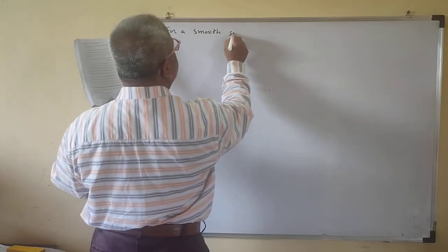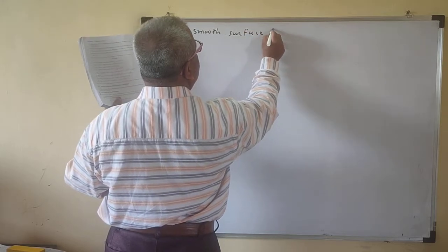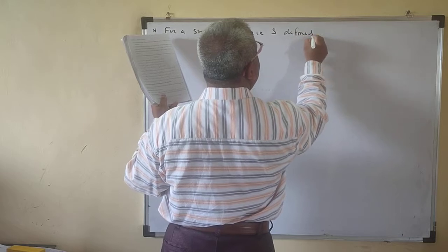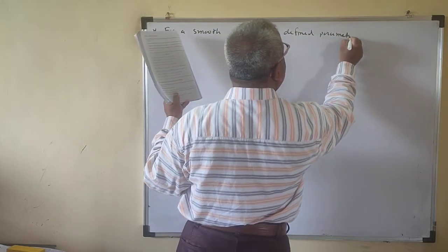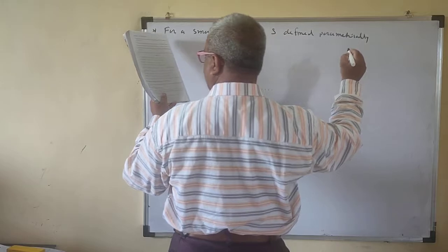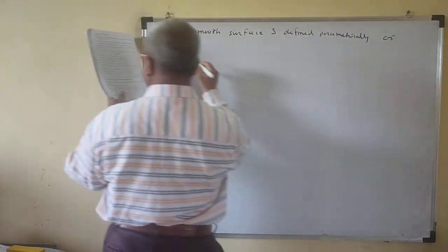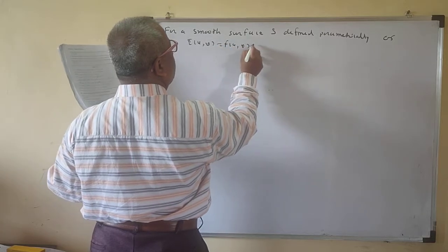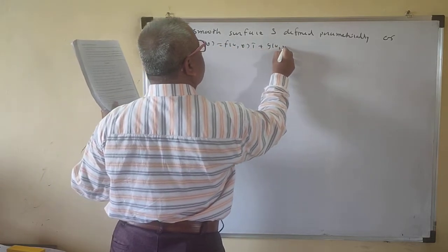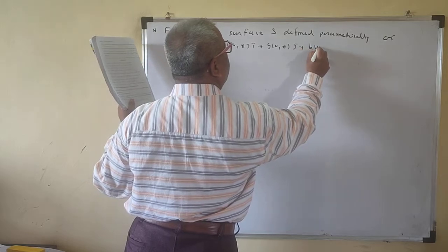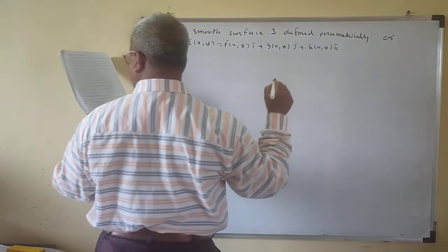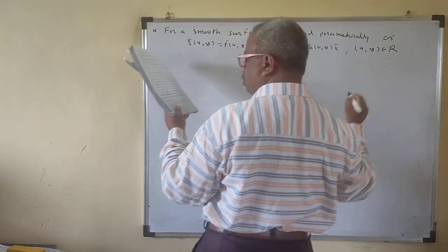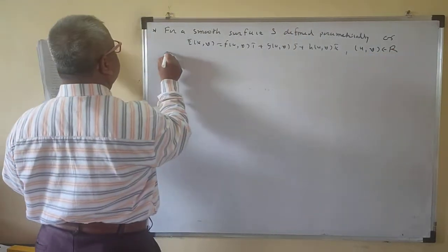For a smooth surface S defined parametrically as r bar of uv is equal to f of uv i bar plus g of uv j bar plus h of uv k bar, uv belongs to R, and